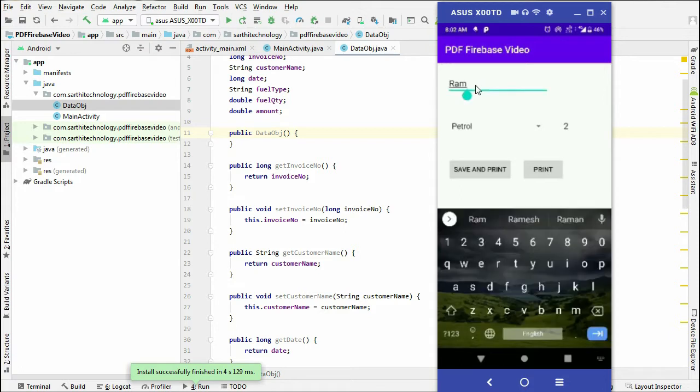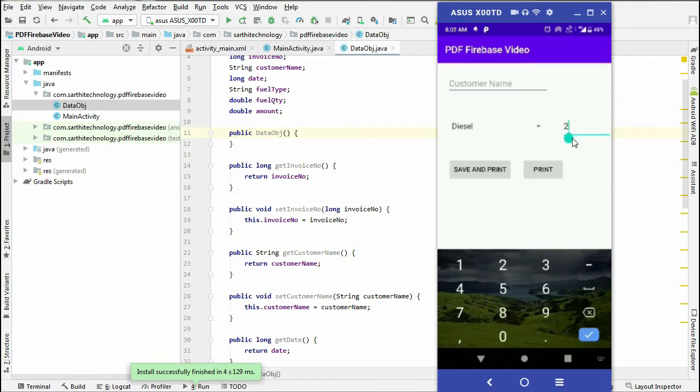Here you can put the customer name, the product, that is petrol or diesel, and its quantity. There are two buttons, save and print. In this video we will use the save and print button to save the data in the Firebase database.